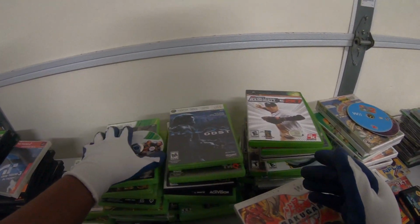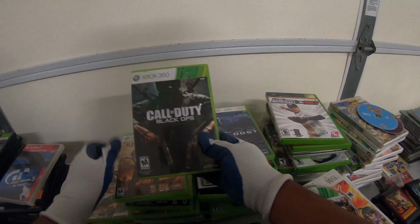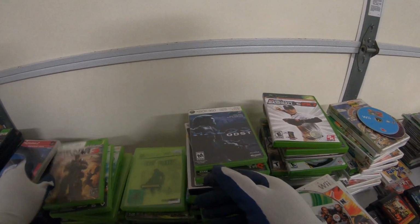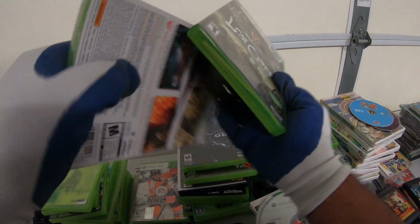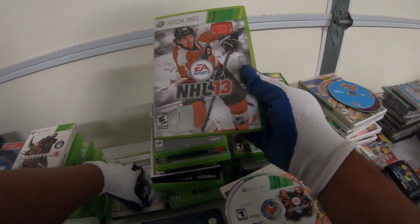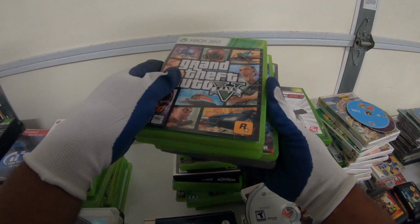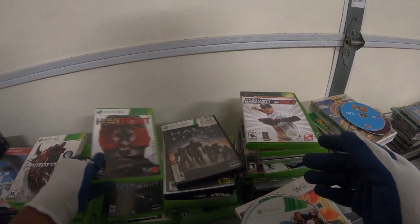I love all flight simulator games for the most part. These two, this is MMA and NHL 12, Call of Duty Black Ops, this is Forza, Rock Band, another Rock Band 2, another Gears of War 3. This is Lost Planet, Lost Odyssey, and this is a sealed copy of Prototype 2, NHL 13, Assassin's Creed, Call of Duty World at War, Battlefield 2, and then hiding down here is Grand Theft Auto 5, Halo 3, ODST,